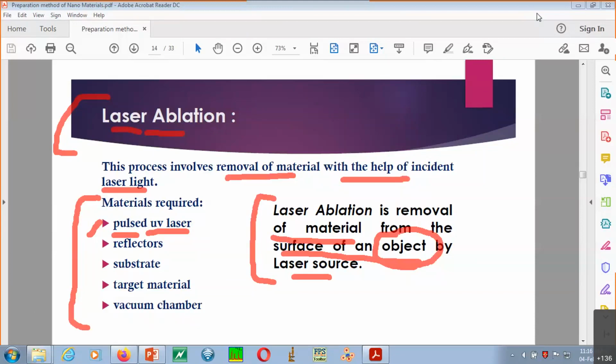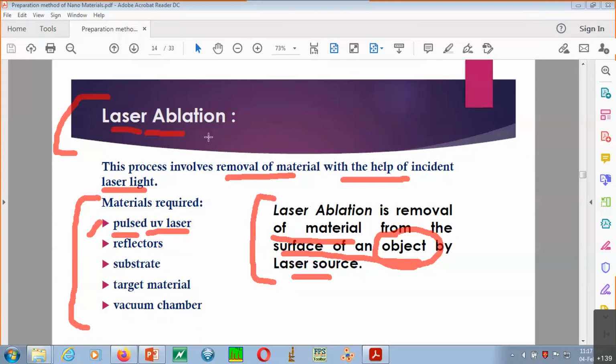But again, you have to make sure that whatever particles or materials you are going to use can sustain that much energy corresponding to the laser source. If your material is fragile, then you cannot go for this laser ablation technique. Otherwise it will not work at all. So a lot of things we have to keep in mind while choosing methods. All methods cannot be applicable to all materials. Depending on the material's nature and how much energy they can withstand, you have to select your methodology.